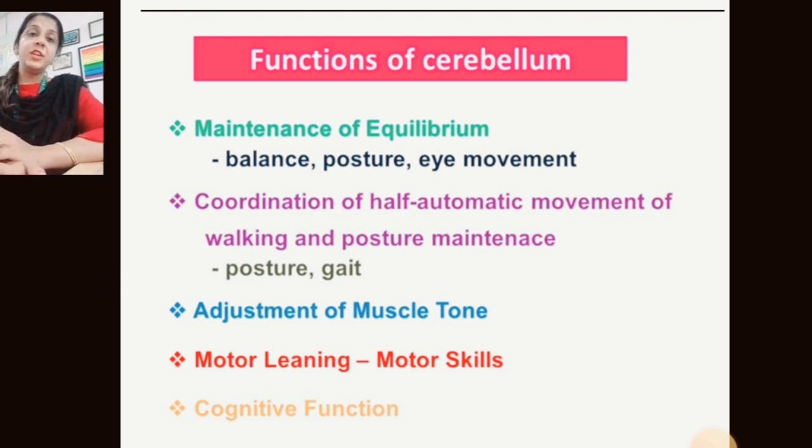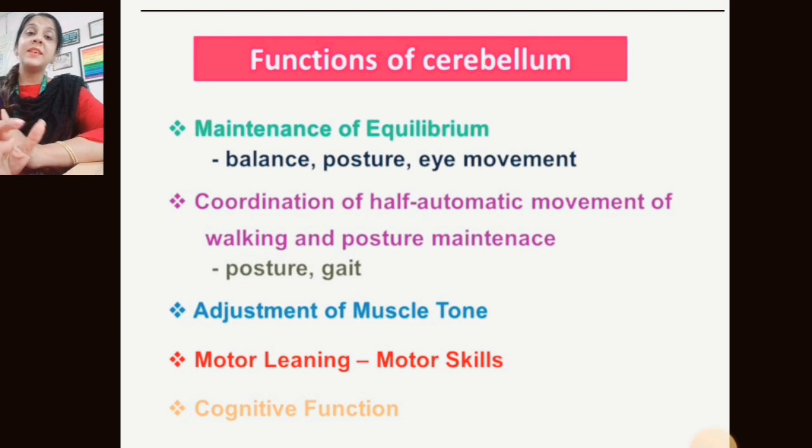Based upon that phylogenetic classification we must define the function. The vestibulocerebellum helps to maintain balance and posture, the cerebrocerebellum helps in programming and coordination, and the spinocerebellum maintains muscle tone. So based upon that, the cerebellum has different functions. Today in this session we elaborate the functions of the cerebellum and how we assess cerebellar pathology.